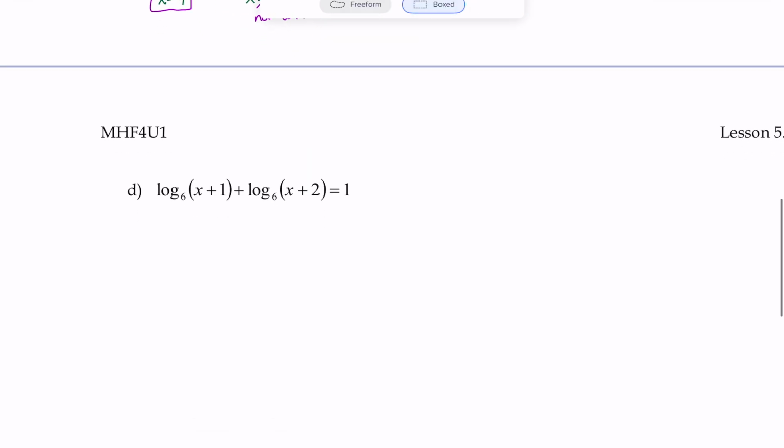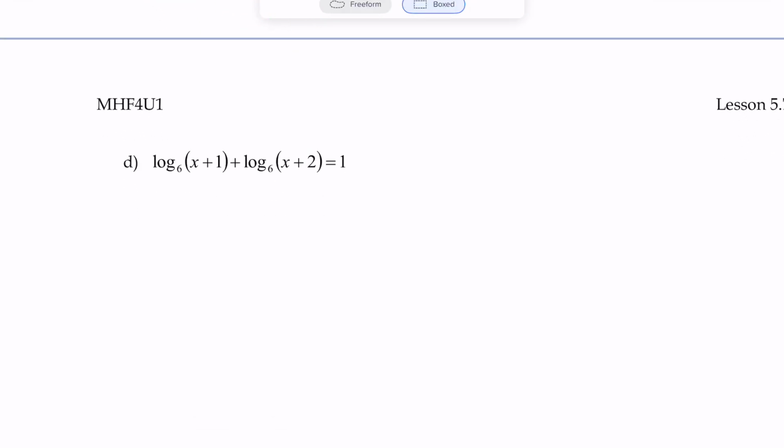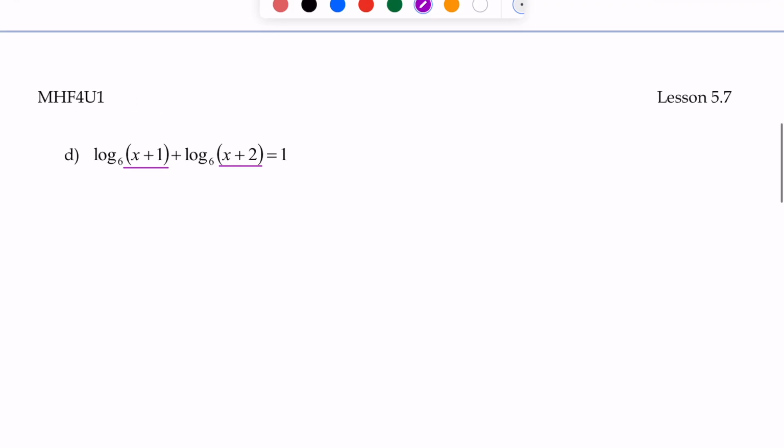All right, example D. Log base 6 of x plus 1 plus log base 6 of x plus 2 equals 1. In this problem, which is different from the previous ones, we now have 2 terms that have unknowns in them. So we need to write 2 separate restrictions. So if we are stating our restrictions,